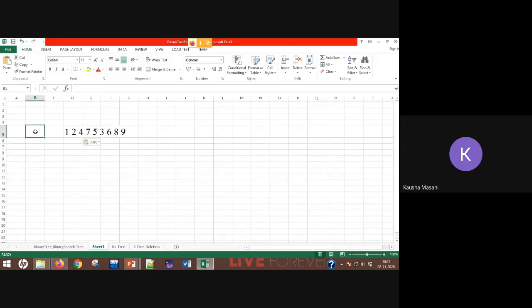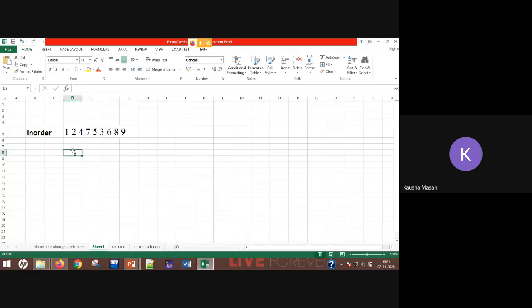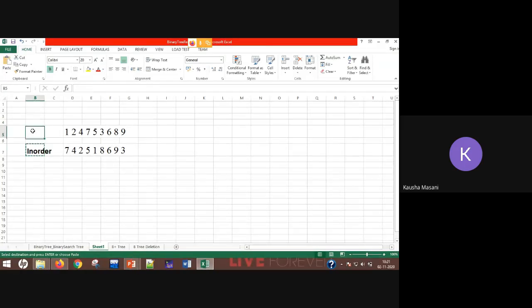This is your in-order sequence. Oh, that was pre-order. Sorry. Okay, which will be my root node here? Start telling me.